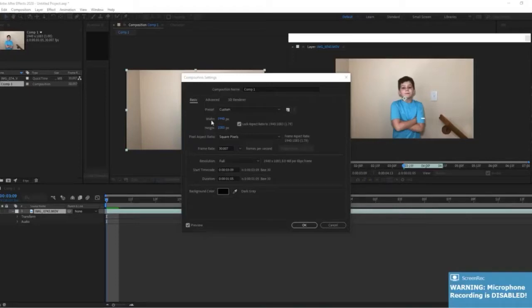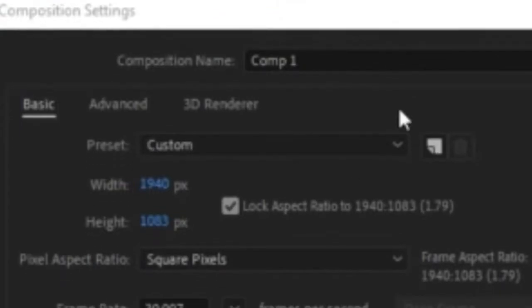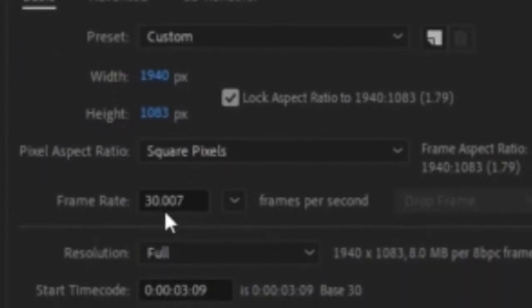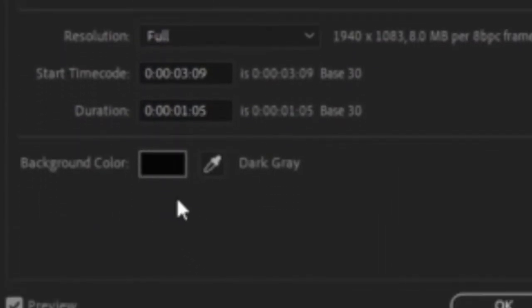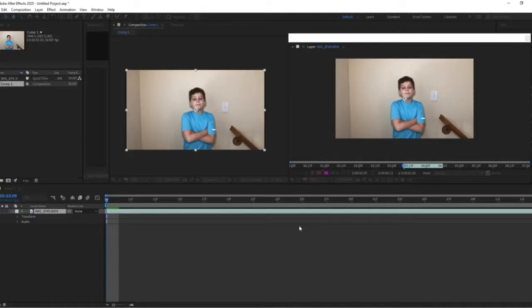Here's a tutorial on how to make a moving green screen video in After Effects. First, create a new composition and mimic these settings. You don't have to make them exact, but you have to have a black background. Click OK. If you haven't already, take your video from your files and put it onto the clipboard and onto